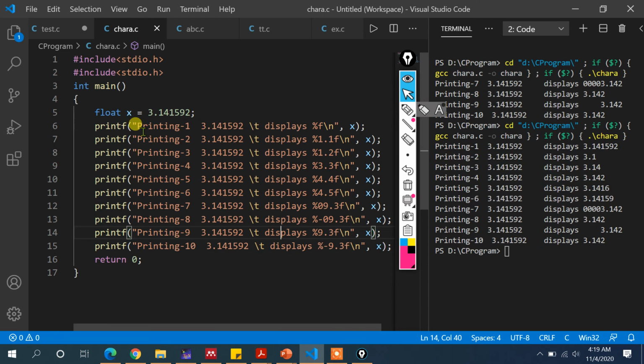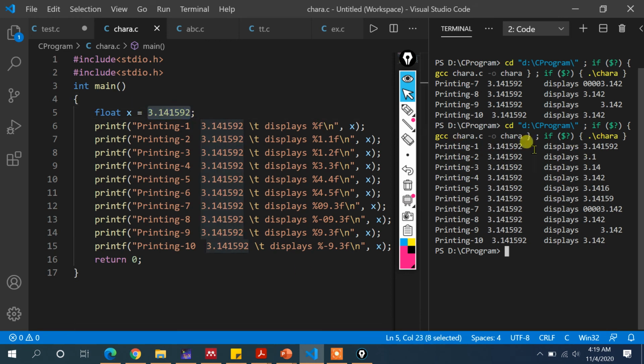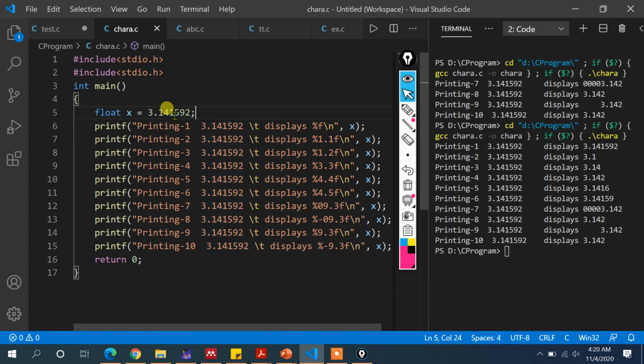Now you can see the first printing one, what I have written is %f. So simply %f means the entire thing must be displayed. So the entire thing has been displayed in the first part, 3.141592. But you can see no rounding off has been done by %f here, because I want to display all the precision value.